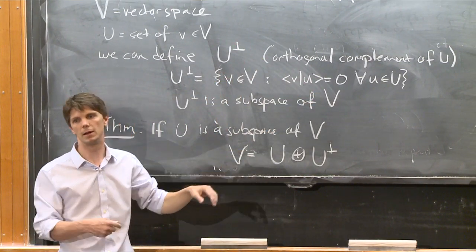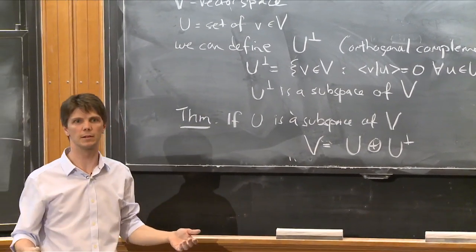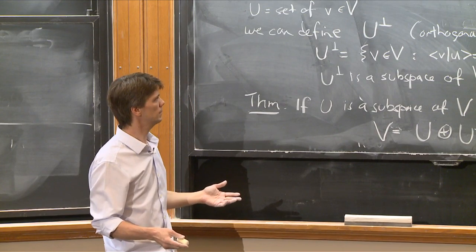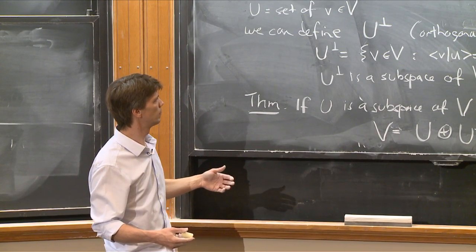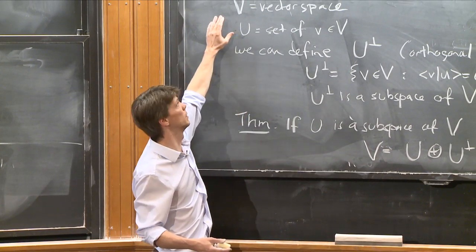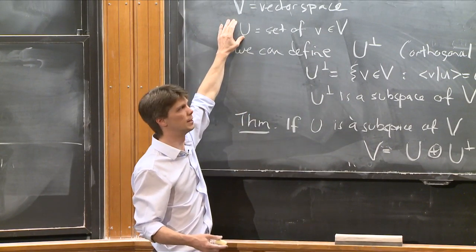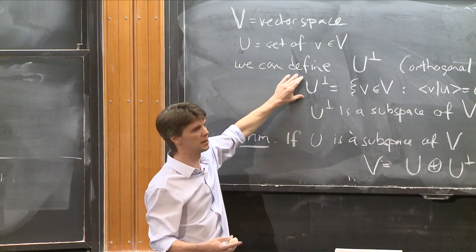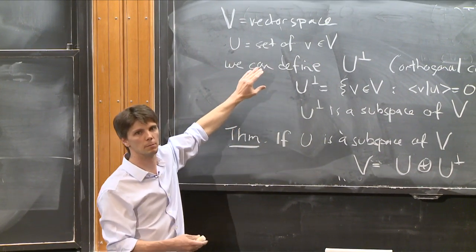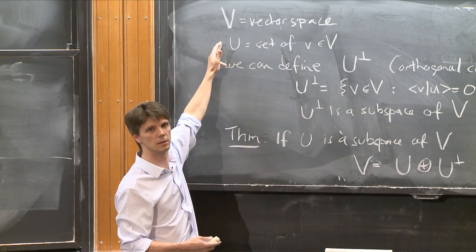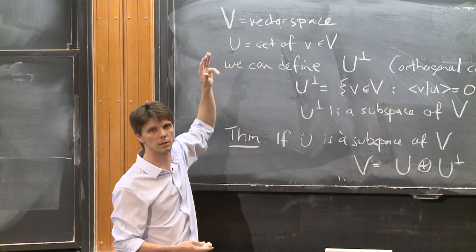So I could write down some arbitrary vector V, and I can always write it as a projection onto things that live in here and things that don't live in this one, right? And what I'm doing by defining this complement is getting rid of the bits that are proportional to things in this. Okay?